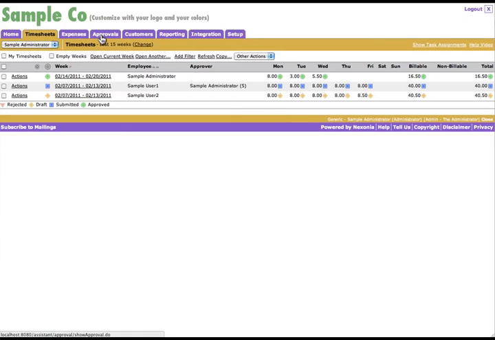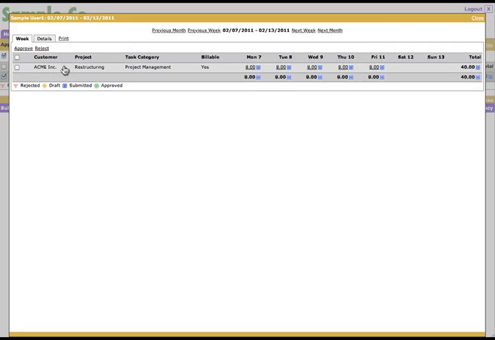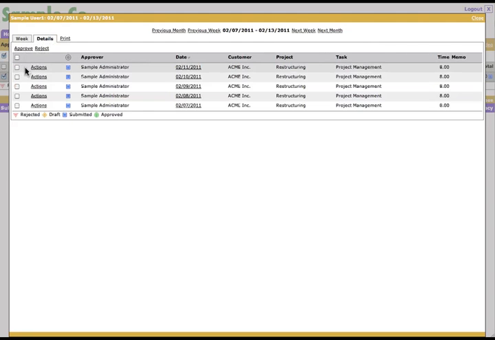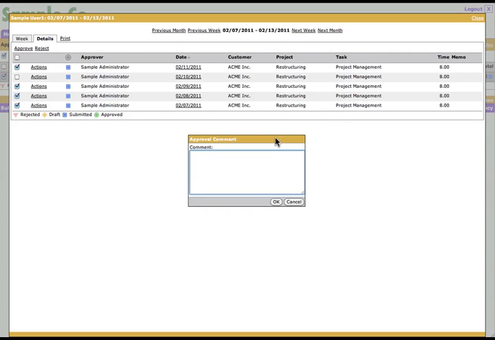And if they log in and go to the Approvals tab, they'll see a very similar interface to what we did under the Timesheets tab, except this shows that these time entries are ready for that manager's approval. That manager can then click Actions and Approve. Typically they would not. They would actually go and edit this one, and they would then be able to select either an entire row of time entries to approve, or they could go to the Details tab and select individual time entries to approve. And when they do that, they're asked for an optional comment,